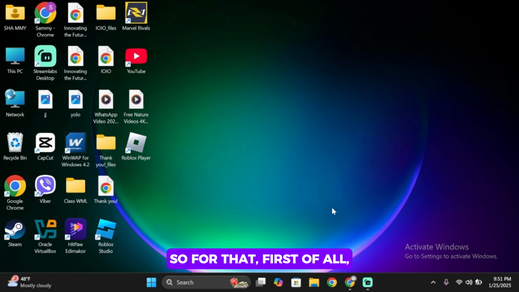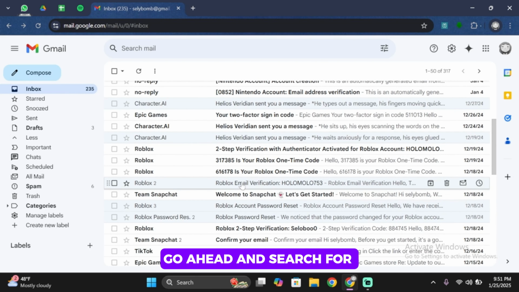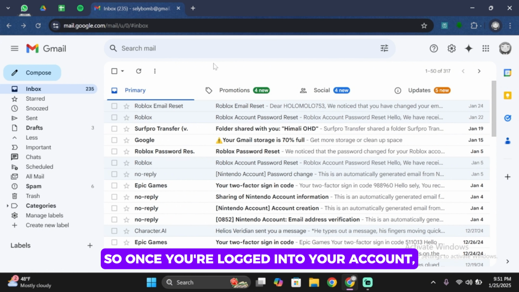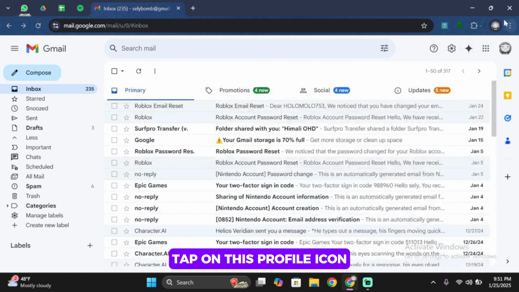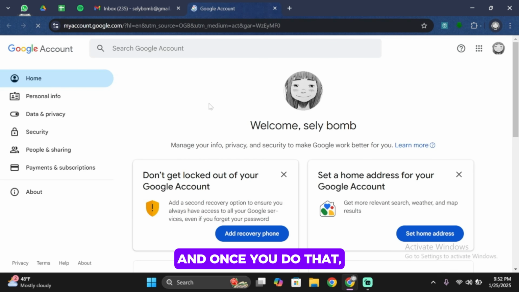So for that, first of all, you want to go ahead and open any browser in your PC. Once you open the browser, in the search bar, go ahead and search for mail.google.com, and once you search for it, you simply want to go ahead and log into your Gmail account. So once you're logged into your account, you want to go ahead and tap on this profile icon, tap on manage your Google account, and once you do that,